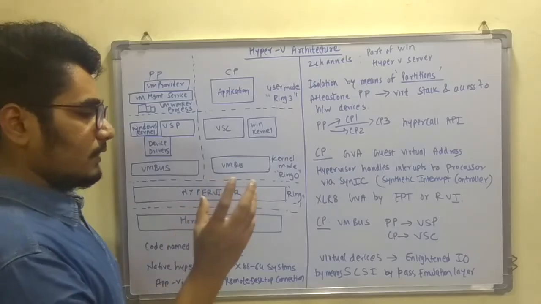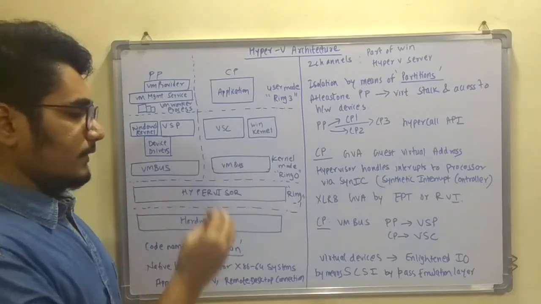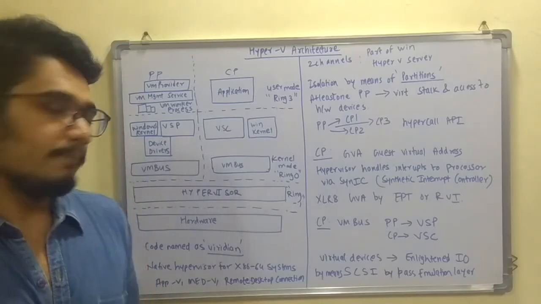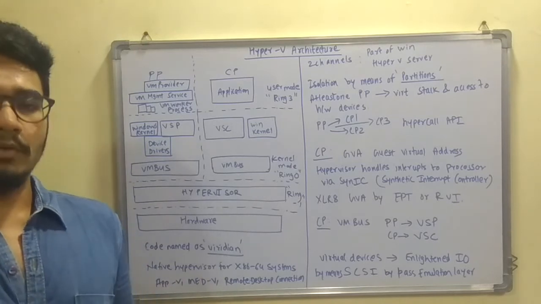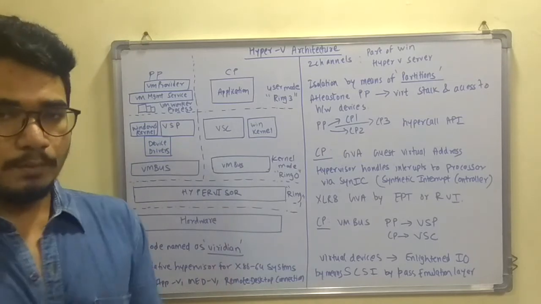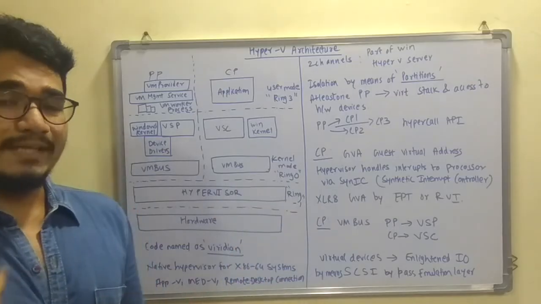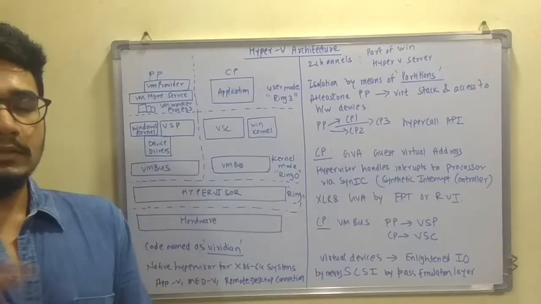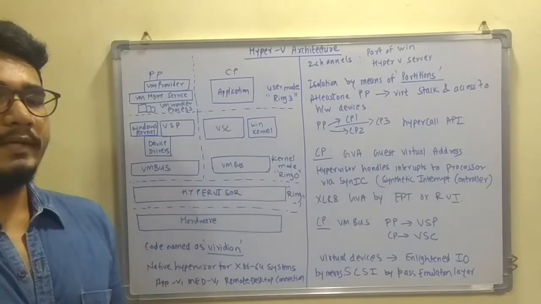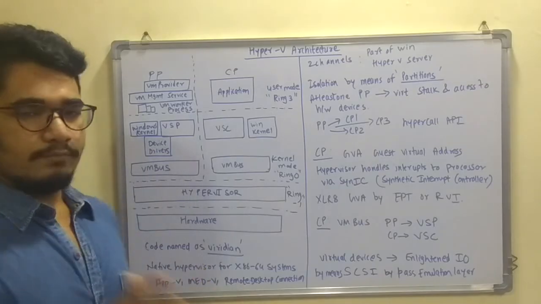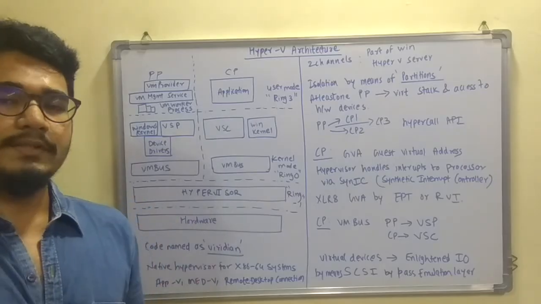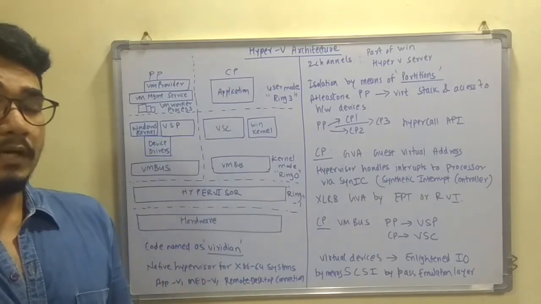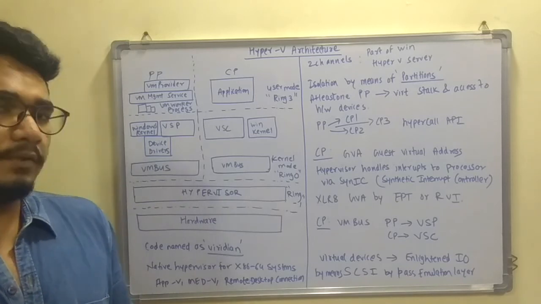There is one kind of IO called the enlightened IO, which provides a means by which you can have storage, networking, and any other processing by implementing a high-level protocol like SCSI. SCSI stands for the Small Computer System Interface. By means of this, it can pass calls and service requests without being passed to an emulation layer, in fact. So you don't have to pass it to an emulation layer, and it can directly communicate with the guest OS and the other virtual machines to carry out the task. And so we say that the bare metal is a more advanced and more efficient architecture than the hosted one.